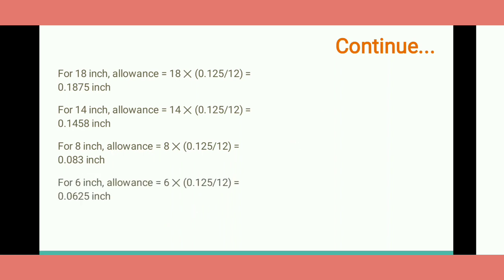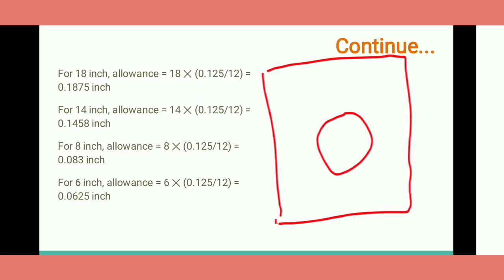Next is the diameter of that hole, that is 6 inch, and 6 into 0.125 by 12, that is 0.0625. Now these three are basically the outer dimensions of the body, okay, and this is basically the internal. Internal means we are in between, we are making a hollow cavity. So now here we are just considering this example that this is basically rectangular and inside there is a